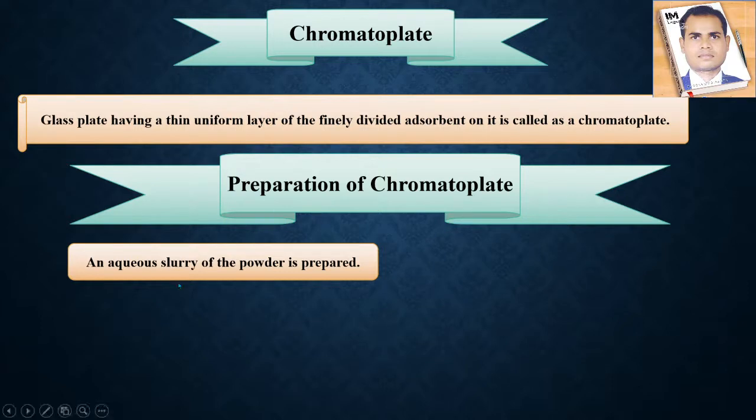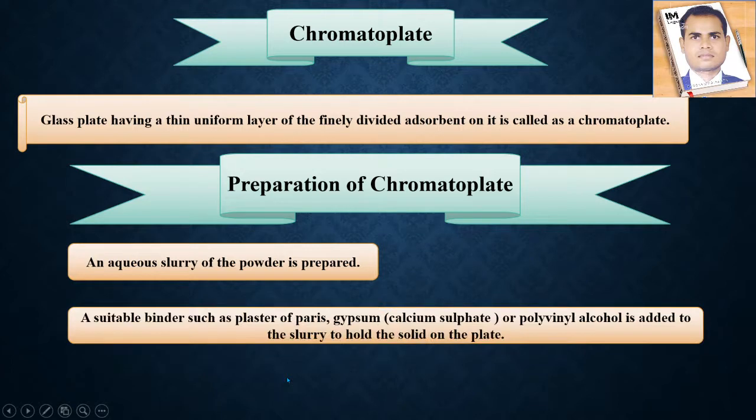We have to prepare an aqueous slurry of the powder, and after that suitable binders such as plaster of Paris, gypsum, calcium sulfate, or polyvinyl alcohol are also added to the slurry to hold the solid on the plate. So simply you take that powder and add this kind of thing as a binder. That means the slurry will attach on that glass plate surface,